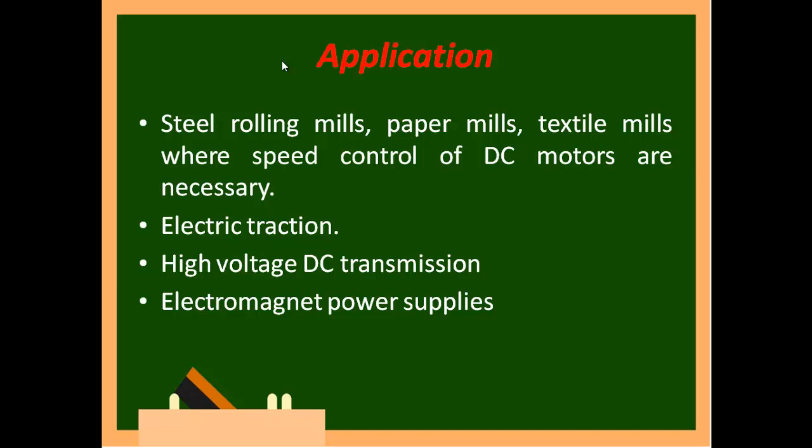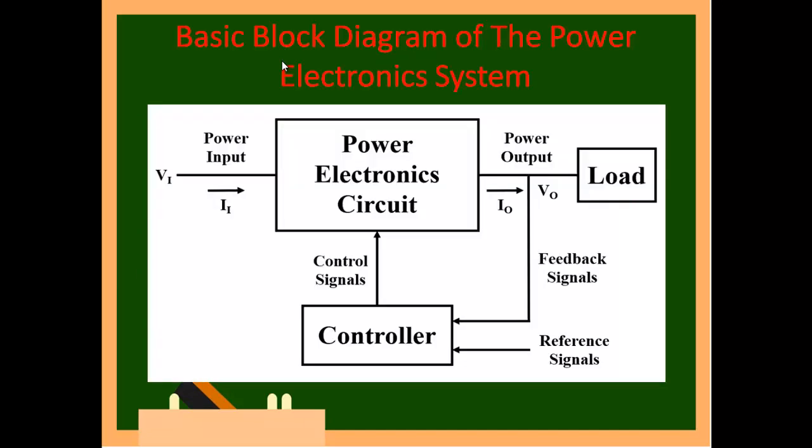Then high voltage DC transmission, this you will read in upcoming semesters. Even nowadays we are thinking of transmitting DC voltage rather than AC, because it has some advantages. When you go for DC, only one conductor is more than sufficient, whereas in case of AC you need 3 conductors. So the number of conductors reduces and the initial cost will come down. All these are some applications of the phase controlled rectifier.